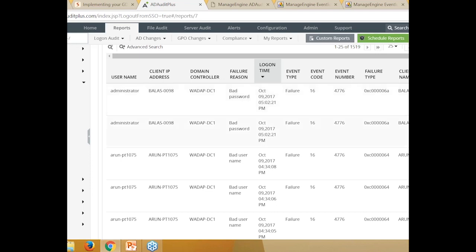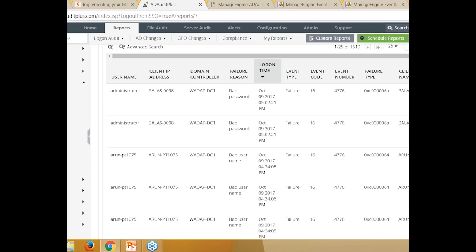So here what you can do is you can simply search, for example, the administrator group is often the group that has all the privileges. So if by chance a normal user is moved into the administrator group, that is, if the administrator group has any changes, this is something that you need to track in real time and get alerts for when these critical changes happen, because a single critical change made to your critical components like your GPO or your domain controller can